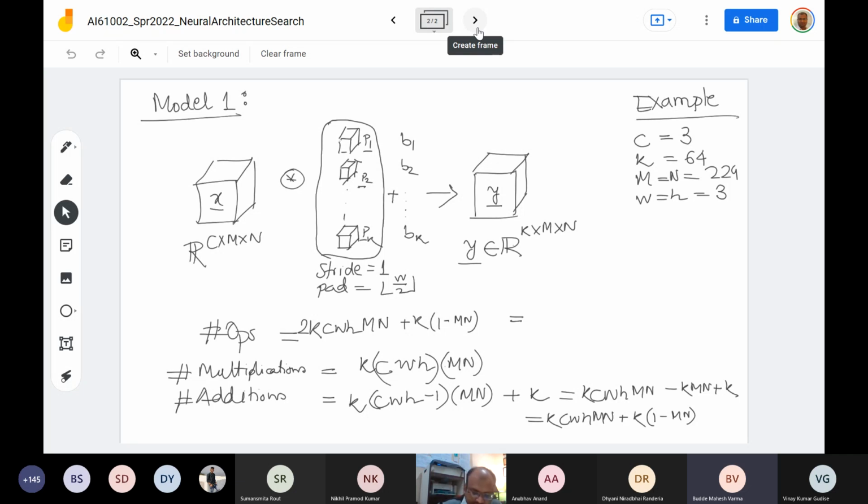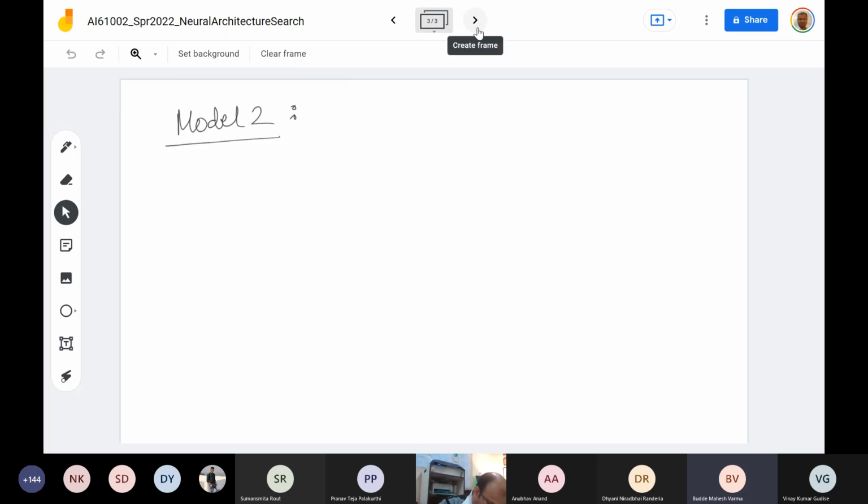Sir, it's like 170 million. 170,197,056. Approximately 170 million. Okay. Now, let me go from here onto another model. So in the next model, what I do is